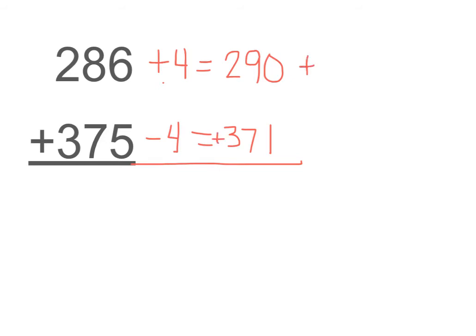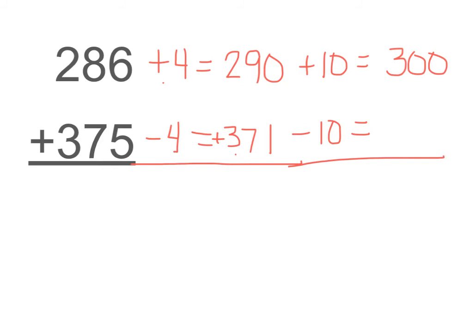So I'm going to add 10 because now I'm at 300. And adding 300 to anything is easy. Since I added 10, I have to subtract 10. So 371 minus 10 equals 361. 300 plus 361 is